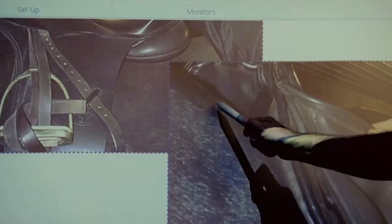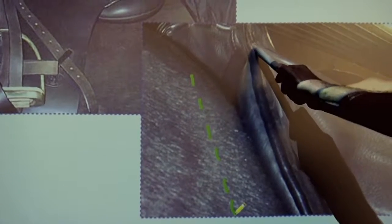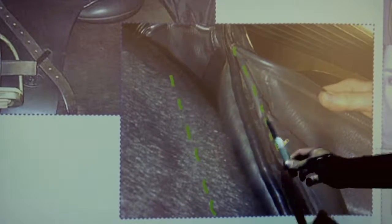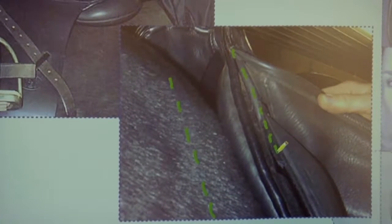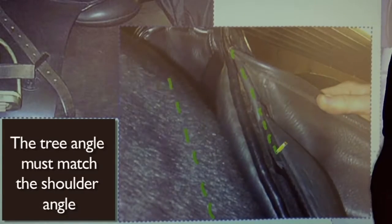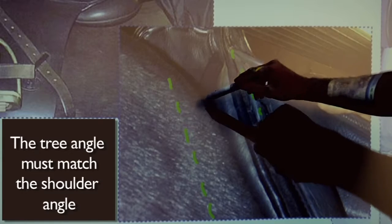So if this is the shoulder angle, your tree angle needs to match the shoulder angle. So if this is the shoulder angle and this is the tree angle, and the shoulder is in front of the saddle and the shoulder, as we know, wants to go through, this swishing sound needs to happen. If I would have the tree angle match